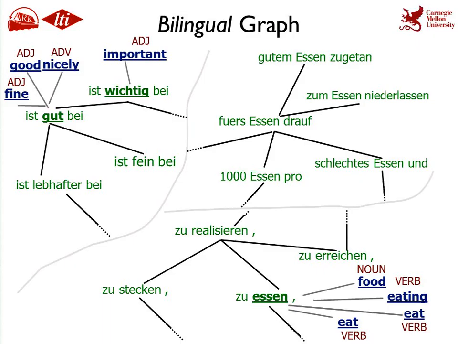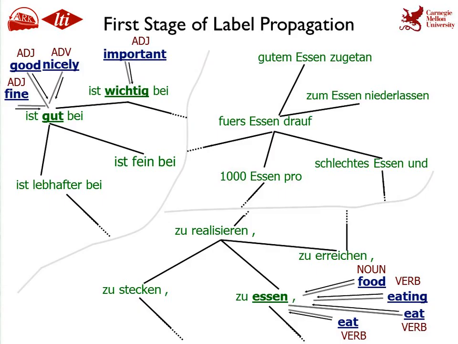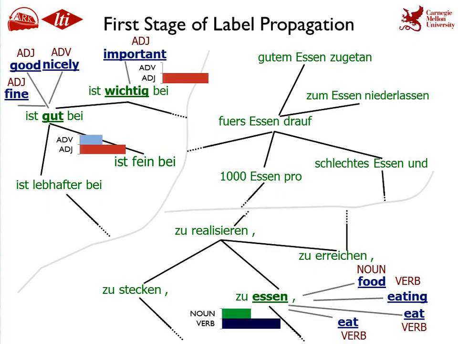Similarly, there are other words, and I call these vertices the vertices at the periphery of our target language graph. Okay, so in the beginning we run one stage of label propagation where information is transferred from the source language to the target language. This is done by propagating softly the distribution over tags of the units a particular target language unit is aligned to, in proportion to what it is aligned to. So over here, SN is aligned to noun only 1 out of 4 cases. So that's how you project the distributions.